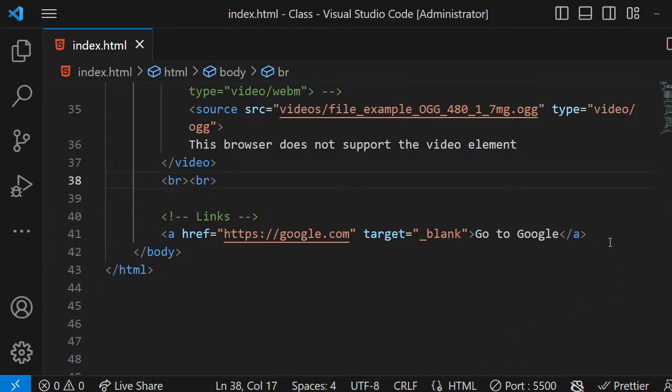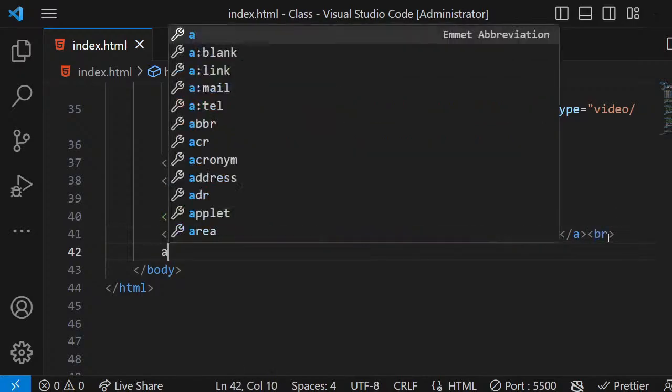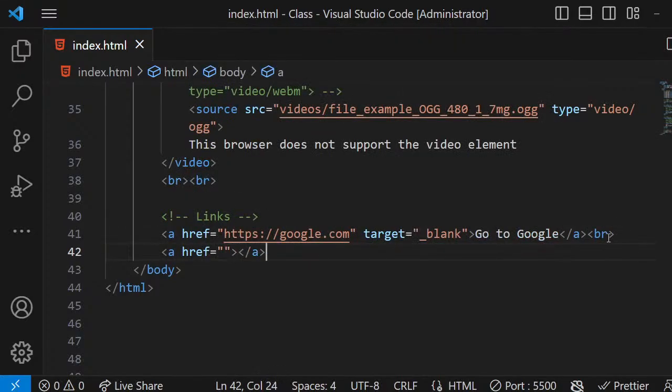So this is another thing that we actually use the anchor tag for. Here I'm going to add a break tag again, and after that I'm going to add another anchor tag. I'm going to add a break tag after it as well. Then here I'm just going to say go to top,